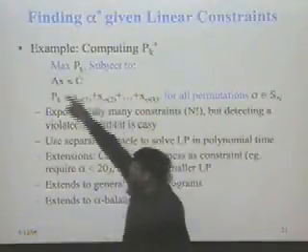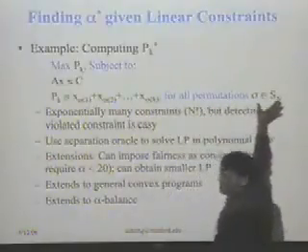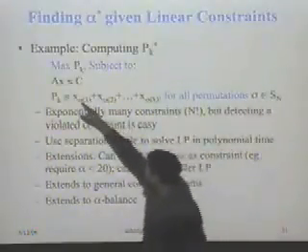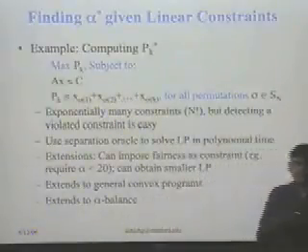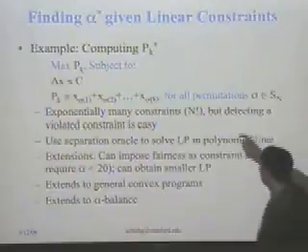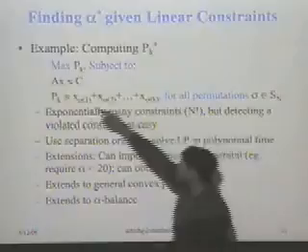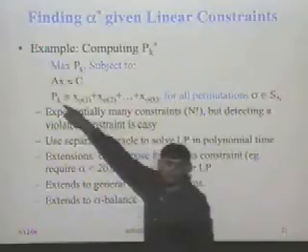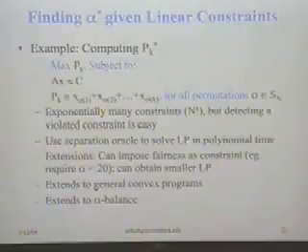and subject to saying that for all permutations sigma in the symmetric group of n, pk is less than or equal to x of sigma 1 plus x of sigma 2 all the way up to x of sigma k. What does it mean for something to be the kth prefix? It means that pk can be at most what you give to the k poorest guys. If you take all permutations, there will be one permutation which is the sorted permutation, and that permutation would impose the right bound on pk. So there may be exponentially many constraints, but detecting a violated constraint is very easy.